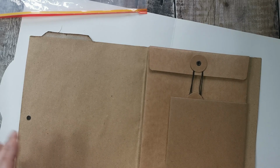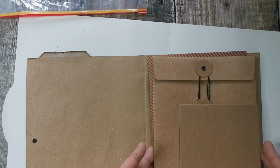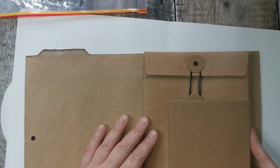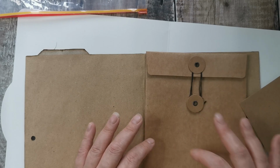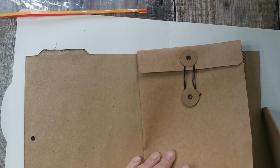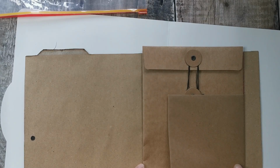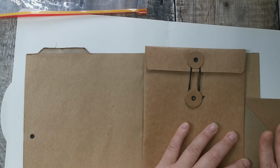So for now, I'm going to just pause, get my glass mat out, and we shall make a start with getting this in. And I shall think about, because the pockets are going to have to go on first before this is stuck underneath it. Again, when I back this, I might,